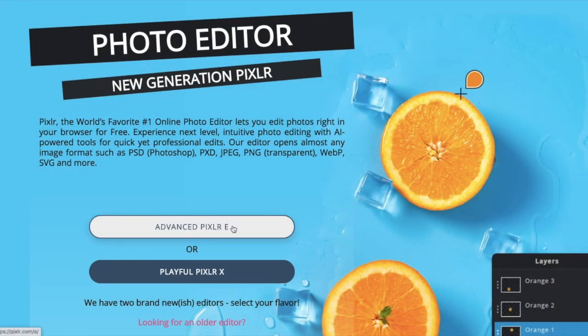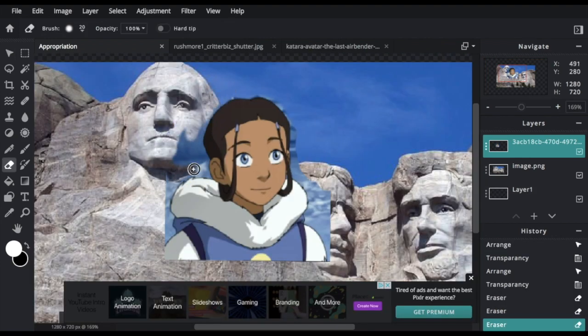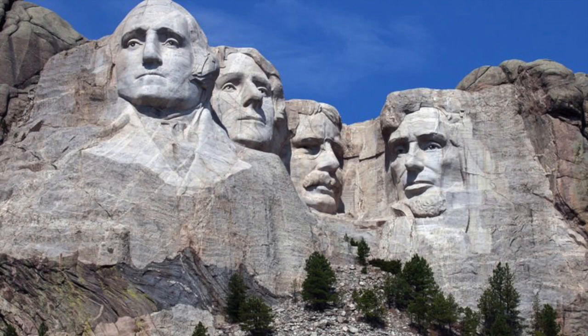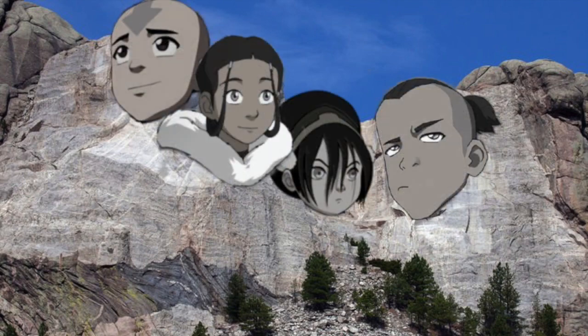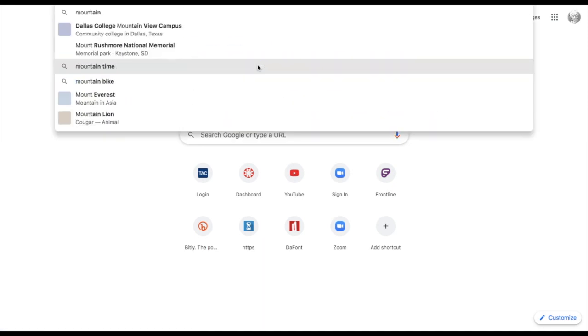This video will walk you through some basic image editing you can do with the free website called Pixlr. For my example, I want to appropriate an image of Mount Rushmore, but replace the presidents' heads with characters from The Last Airbender. So the first thing I want you to do is find and save the pictures you plan